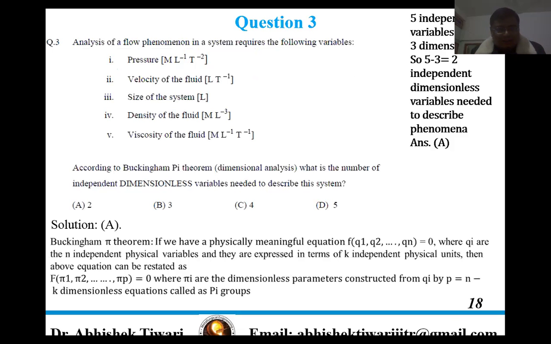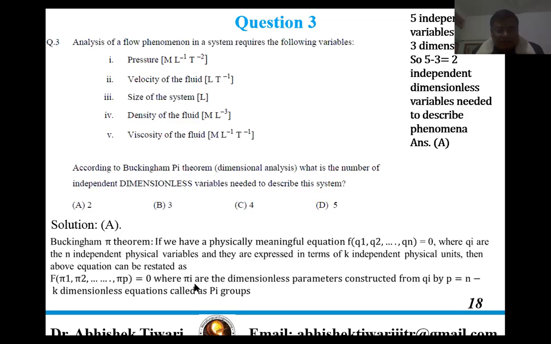This is a pretty straightforward question on the Buckingham Pi theorem. We have 5 independent variables, and these are represented in 3 dimensions, M, L, T. So according to the Buckingham Pi theorem, if we have a physically meaningful equation f(q1, q2, ..., qn) equal to 0, where the qi are the n independent physical variables and they are expressed in terms of k independent physical units, then the above equation can be restated as f as a function of pi 1, pi 2, and pi p